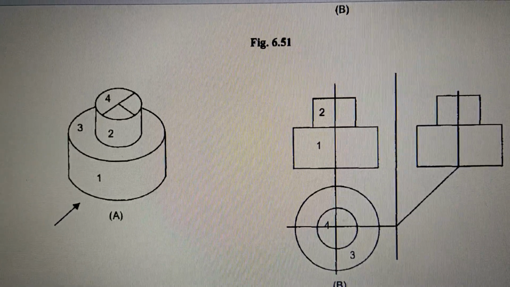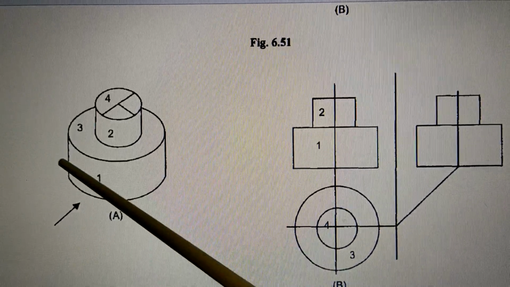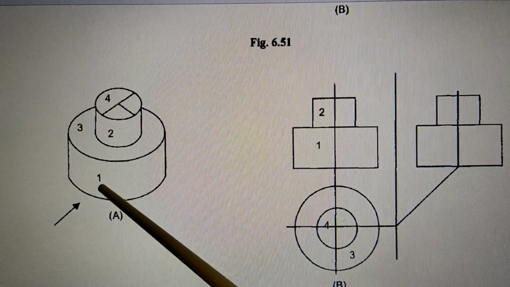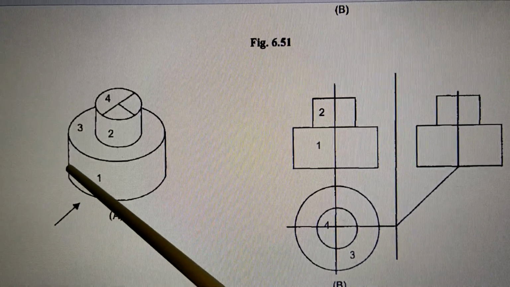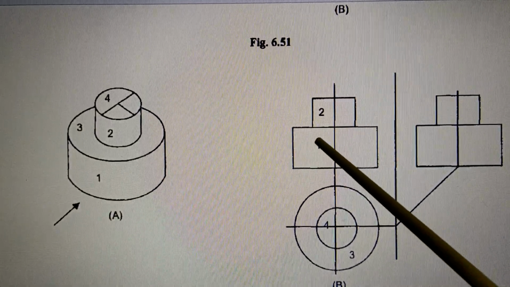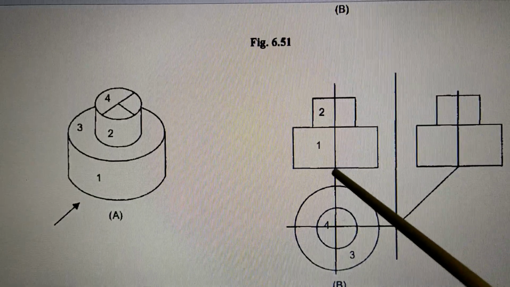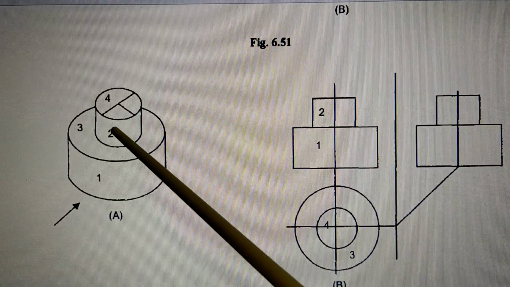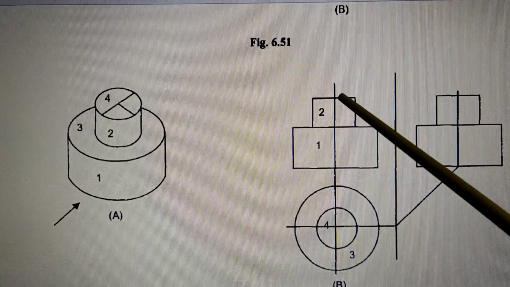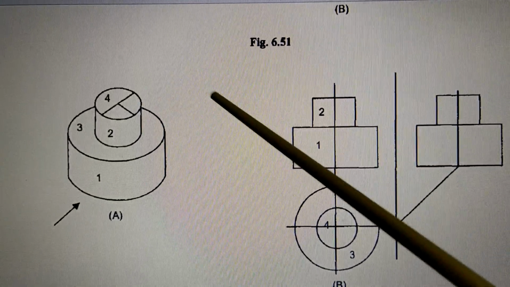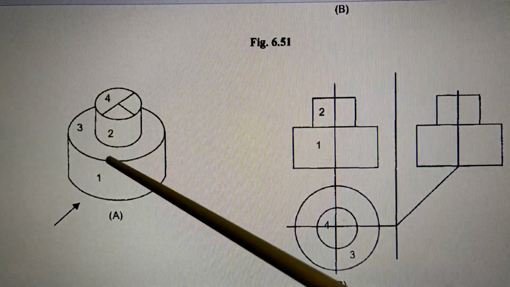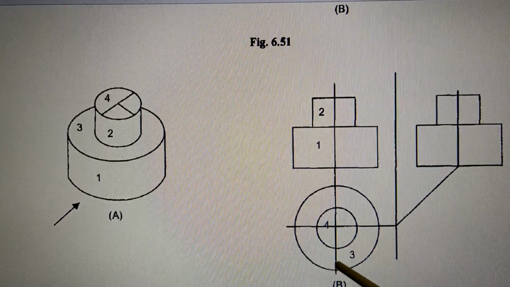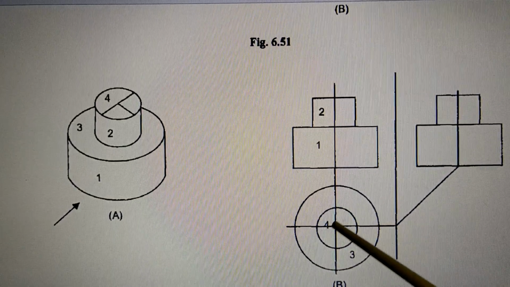Now this figure, there is a cylindrical shape. So there is one disc here, one more disc above this. So this disc, when you see from this direction, this circular disc you will see as a rectangle. So this rectangle is representing this disc. Now above this, there is another disc, 2. So that will be also seen as a rectangle. When you see from top, you will see circle 3 and circle 4. So you can see here circle 3 and then circle 4 here.